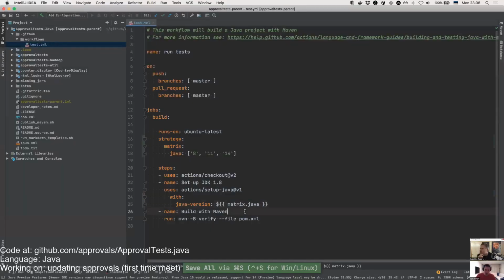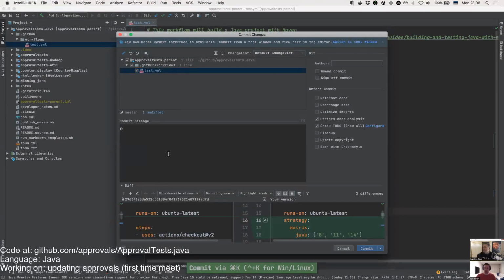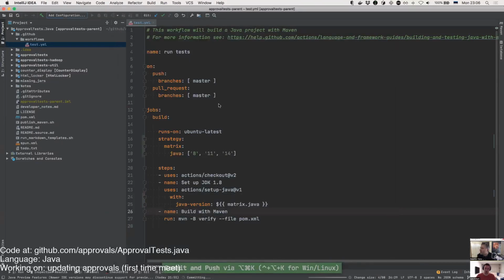Yeah, that's the same. That might do the trick. So I'll commit again. Test is misspelled. Commit and push.